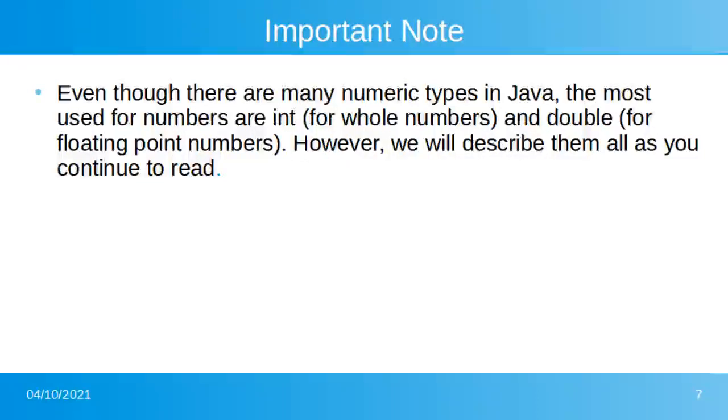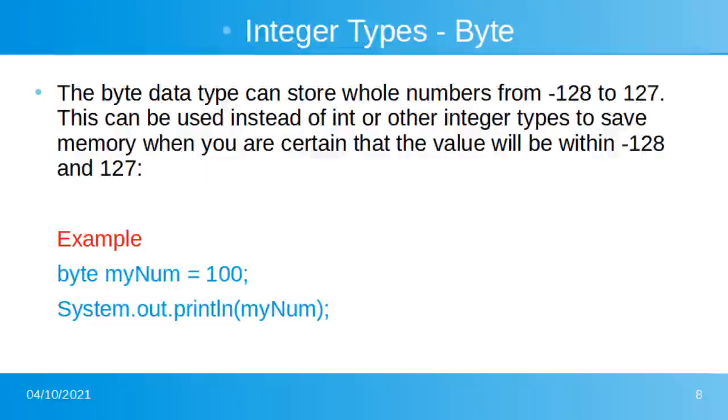Now, integer types. Byte. The byte data type can store whole numbers from -128 to 127. This can be used instead of int or other integer types to save memory when you are certain that the value will be within -128 and 127. Example, byte myNum = 100; System.out.println(myNum);